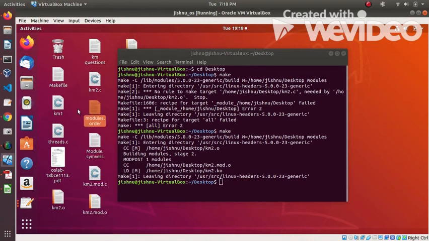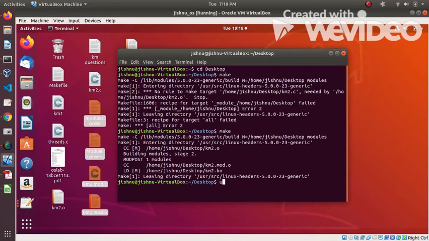Now, as we normally do, I'm giving sudo insmod km2.ko. It'll ask for the password. We enter the password, and our kernel module is inserted into the kernel.